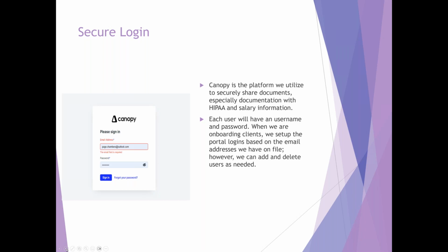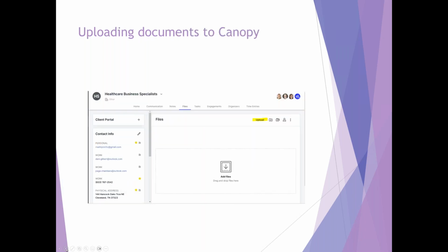Anybody that has access as a user can upload documents. Mark, go to the next one. And then here is just kind of how it looks when you log in. You'll see your contact information on that side, and then there's this little